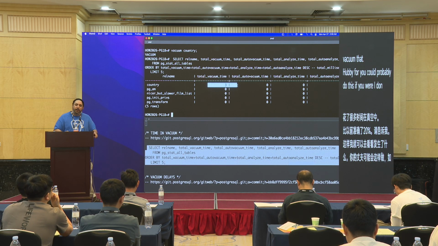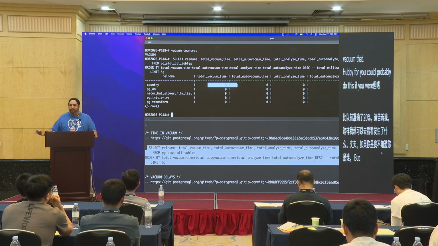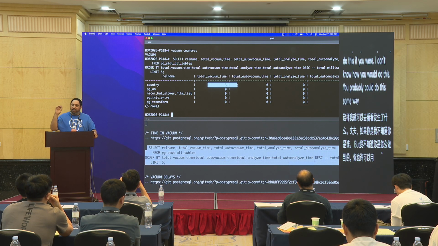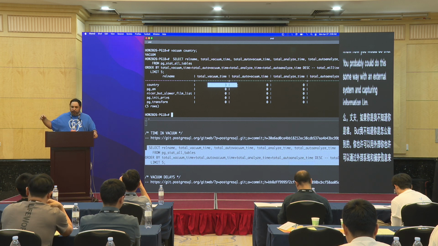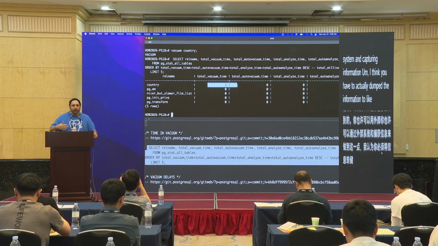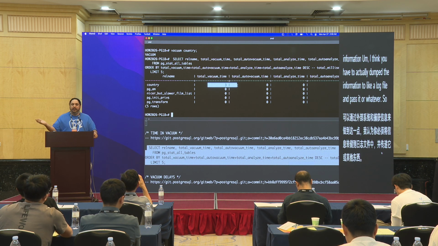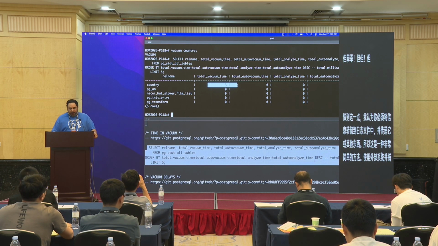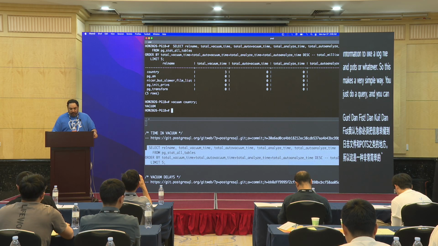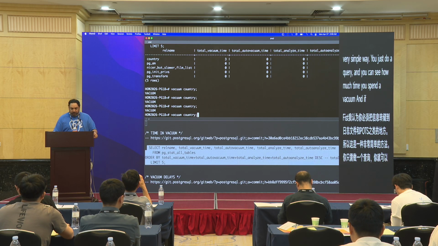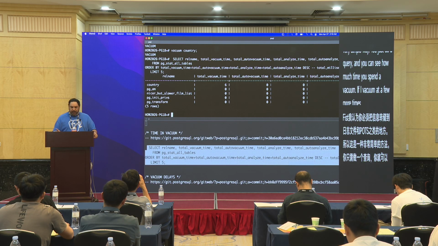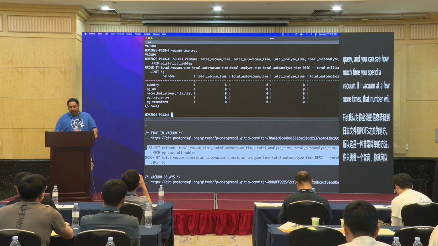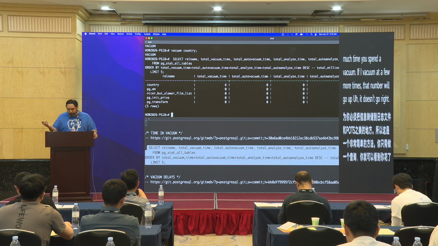You probably could do this some way with an external system and capturing information. I think you had to actually dump the information into a log file and parse it or whatever. So this makes a very simple way. You just do a query and you can see how much time you spent in vacuum. And if I vacuum it a few more times, of course, that number will go up. It took less time for those subsequent vacuums because now it's been vacuumed, so it's even